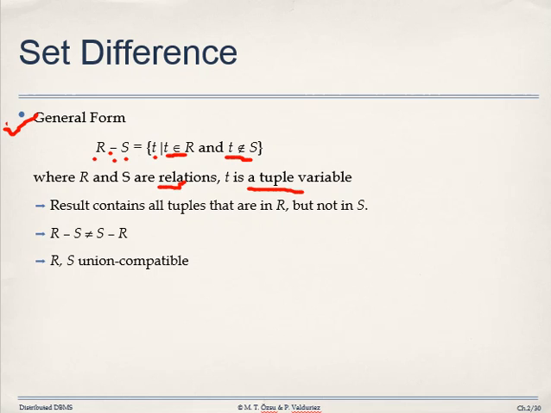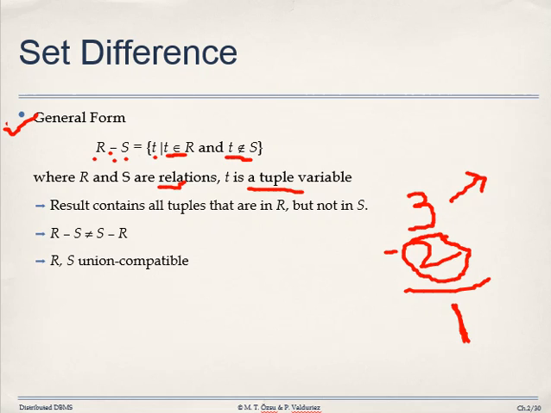Suppose we consider this: suppose we are deducting 3 minus 2. So what will we get? 1. So that 1 belongs to which? To this 3, because this 2 we are deducting. That means the same number, both are 2. So 3 minus 2 is equal to 1. This 1 remains from this 3, and this 2 is common to both, so it is removed by the minus. So 3 minus 2 becomes 1.